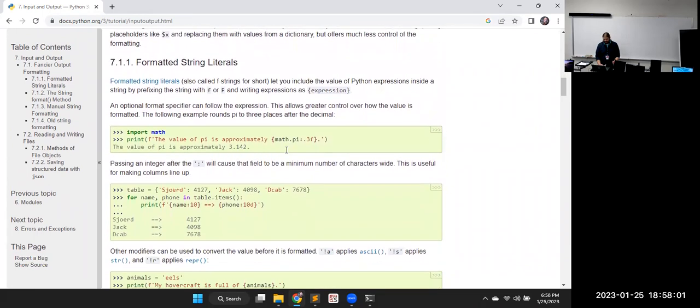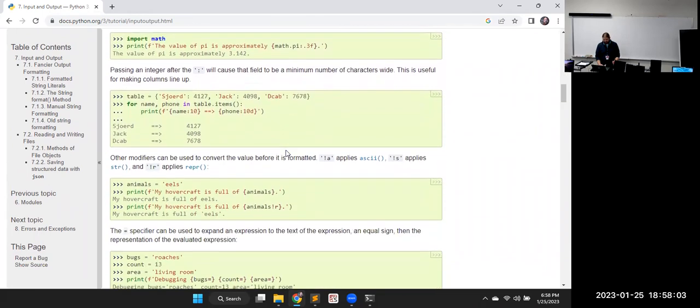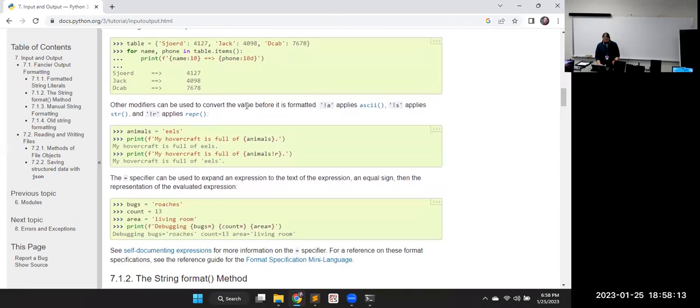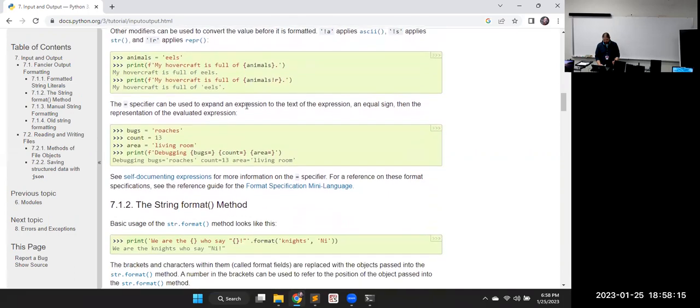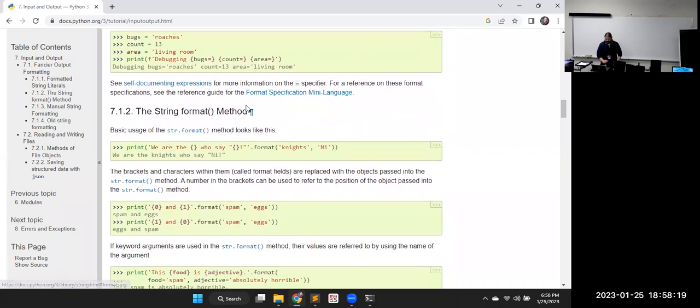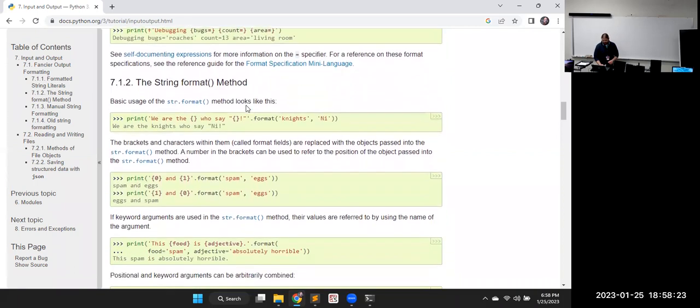Okay, so we can print formatted strings, print regular strings, comma separated strings. We have multiple types of formatting we can do. We put dot format at the end of it, or an F string, a B string.